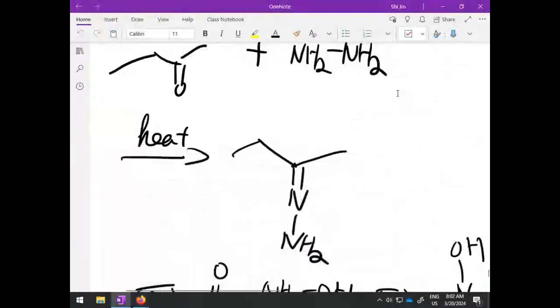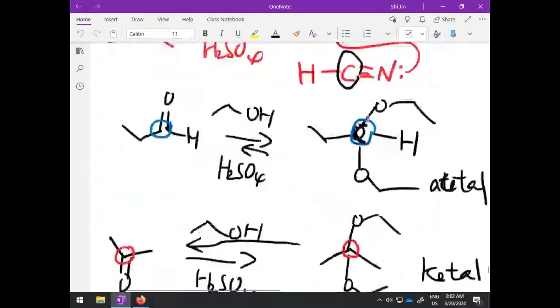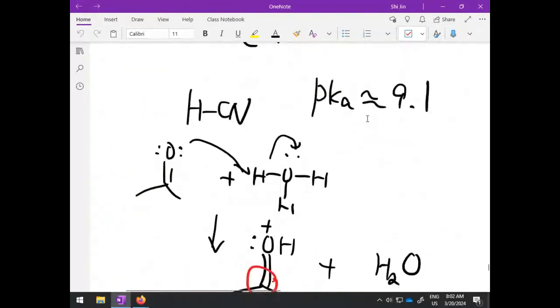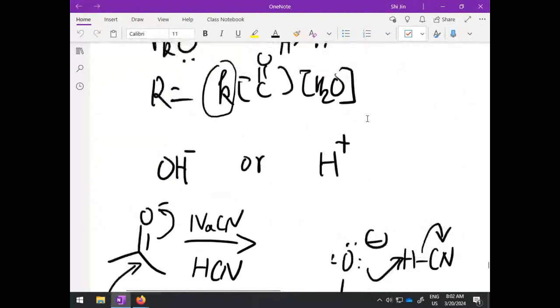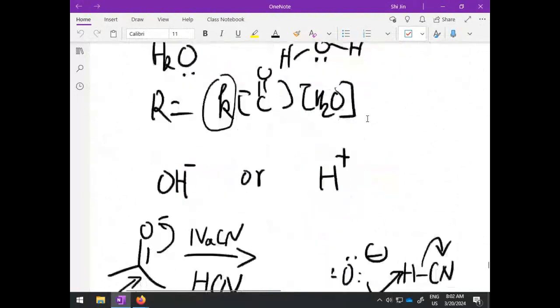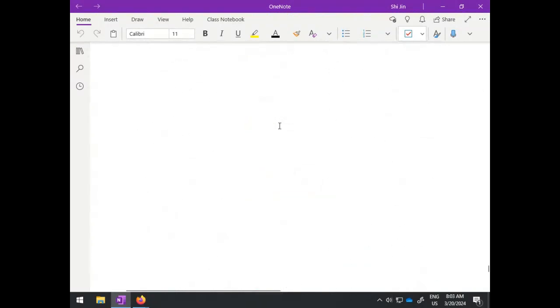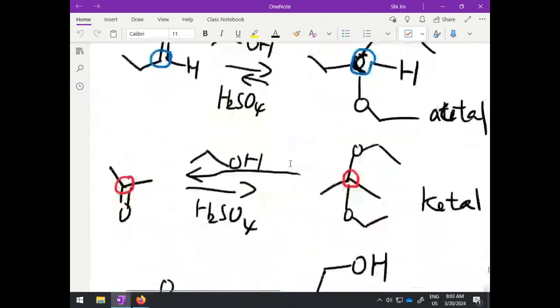Depending on the nucleophile you use, in some cases the reaction will stop at the nucleophilic addition stage. Like when water is the nucleophile, the reaction will stop at the hydrate, which is the geminal diol. Or if hydrogen cyanide is the nucleophile, the reaction also stops at the addition product stage, the cyanohydrin. But when we have an amine as a nucleophile, the reaction doesn't really stop at the